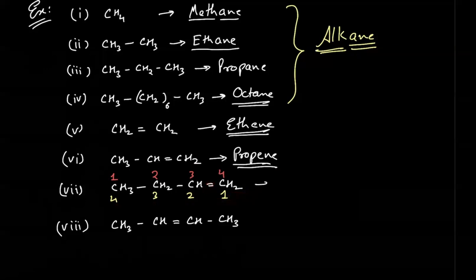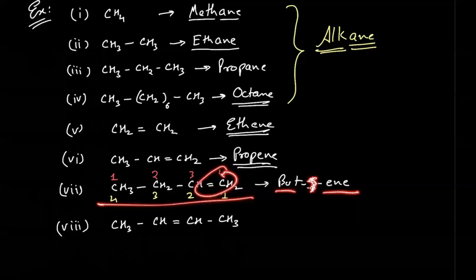The word root, because of 4 carbon, will be but. That has no change in it. Because there is a double bond, there will be ene in it, but there is a number that you place in between, and that number will be 1. So let me just quickly rewind this. The name you would have normally written without the number would have been 4 carbons, 1 double bond, butene. But because there can be an ambiguity in the position of the double bond, because when you say butene, you don't know whether you'll have to place the double bond on the corner or in the middle, you put in a number which tells you where to put the double bond.